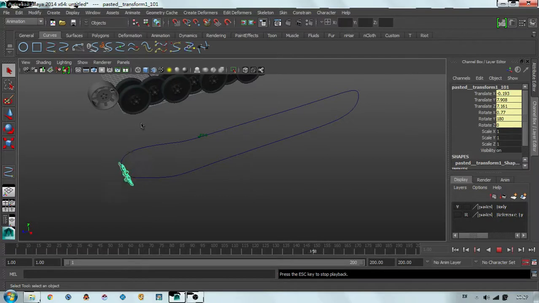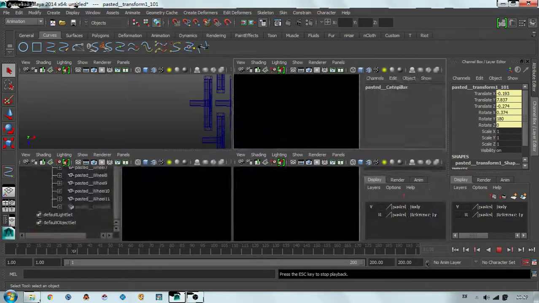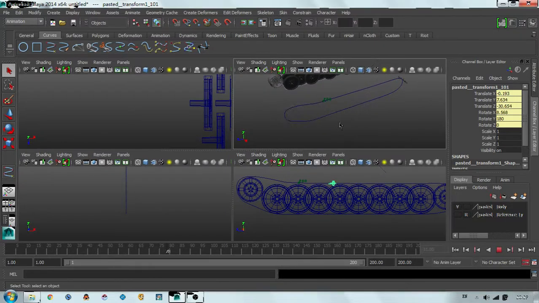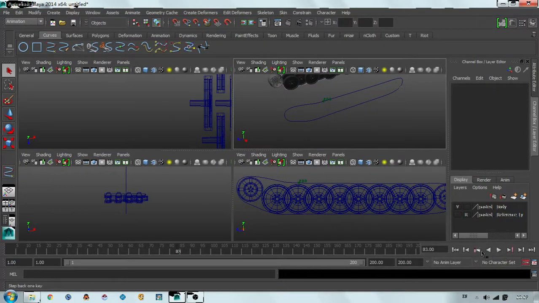So basically it's just gonna animate like how you animate anything in Maya. It's gonna slow down at the beginning and end point. So what you need to do to avoid that